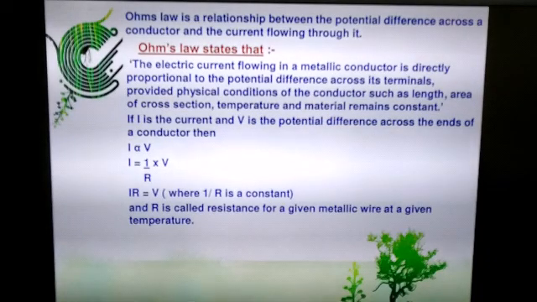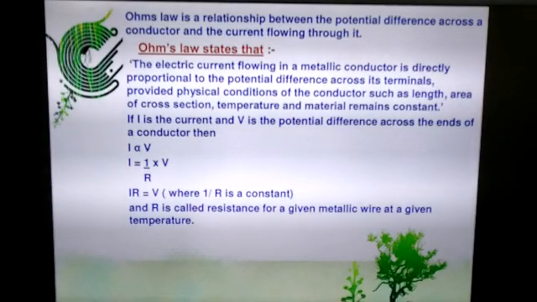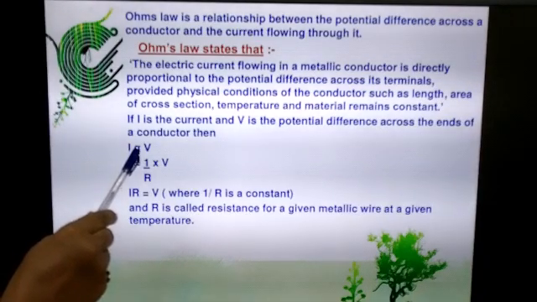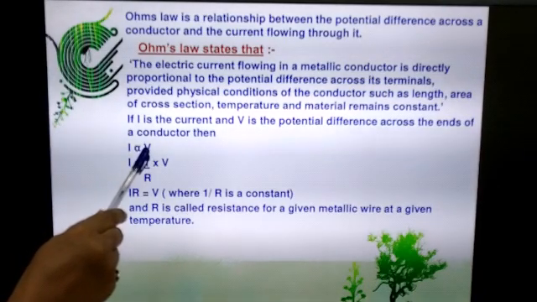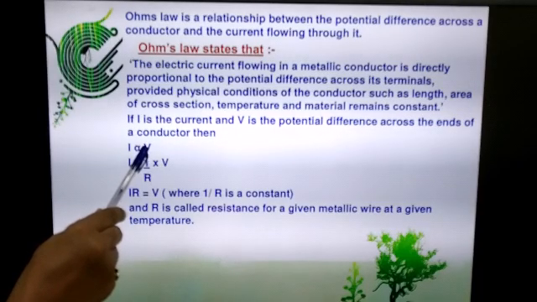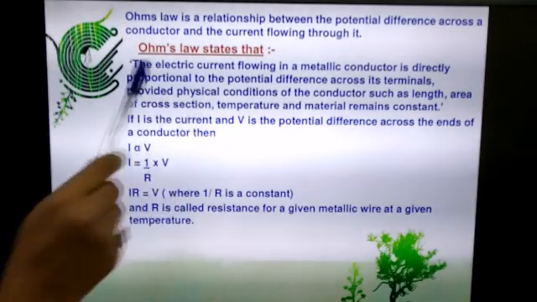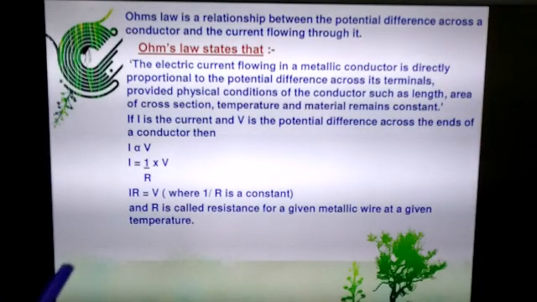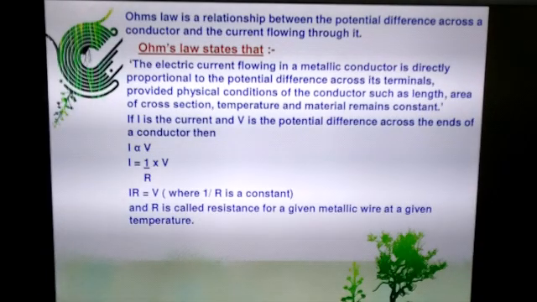So what is the statement of Ohm's law? The statement says that the electric current which is flowing through a metallic conductor is directly proportional to the potential difference which is applied across its terminals, provided, this is very important, the physical conditions of the conductor are constant. So suppose you have two conductors, you connect the conductors one by one in the circuit. The length of the conductors, the area of cross section of the conductor, the temperature and the material of the